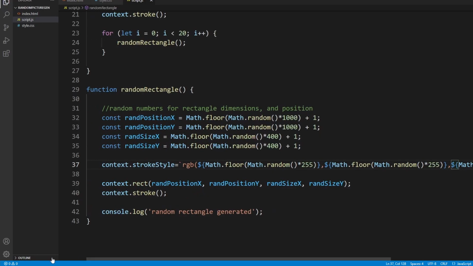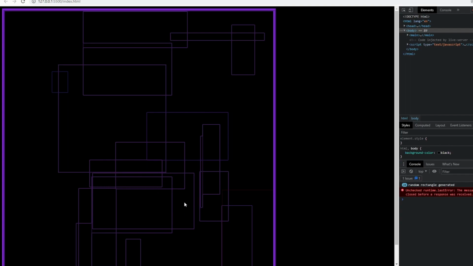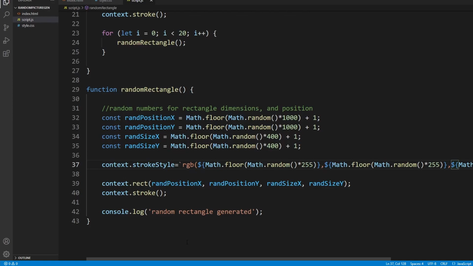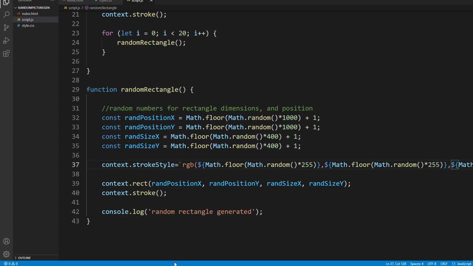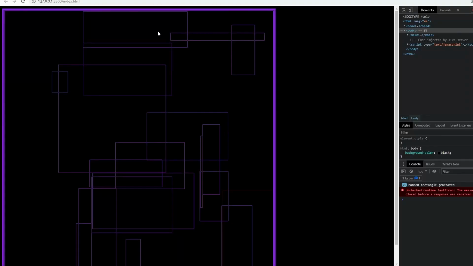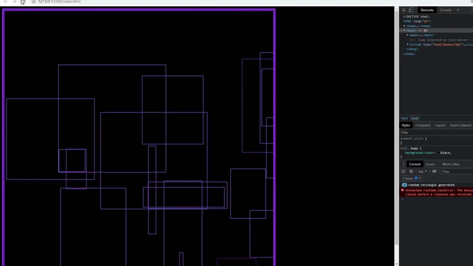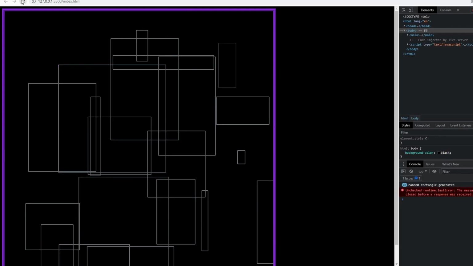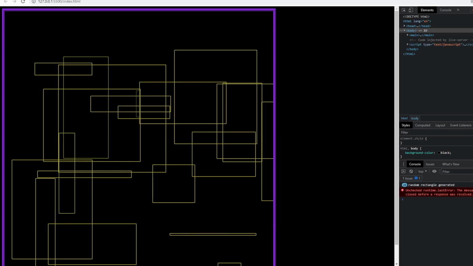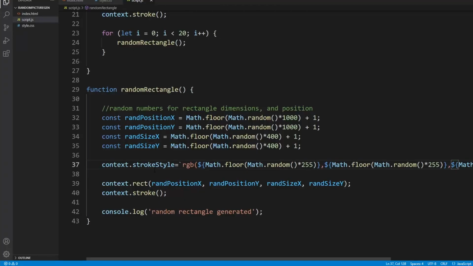Like that, and now I have created this, but they're all in the same color, so this is not what I want here. So I am refreshing it, and every time it selects one color at a time, so I don't want that. I want to update